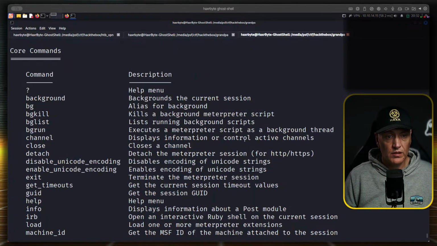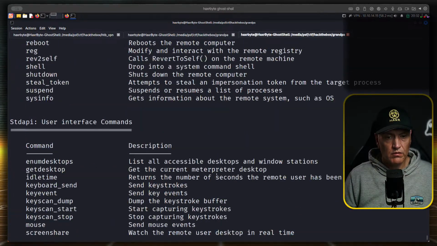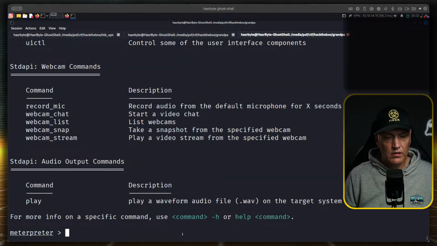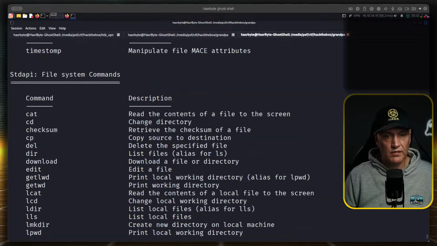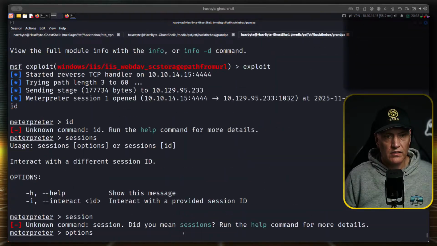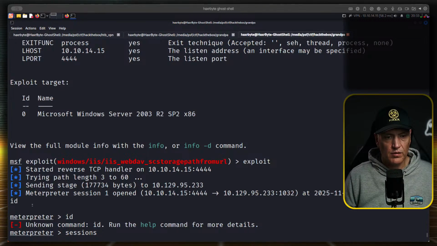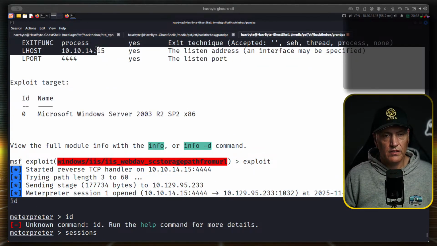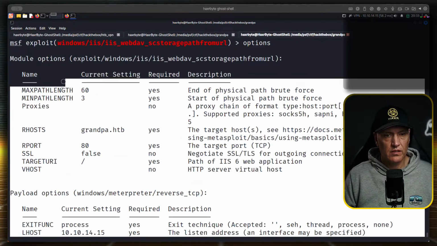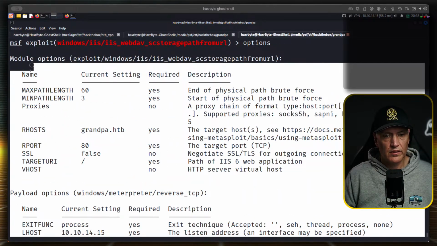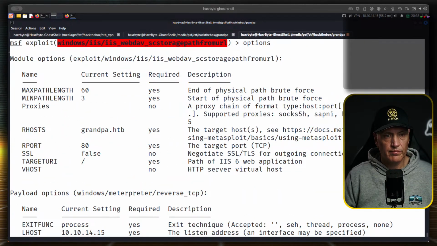So this is a Windows machine. We've got a Meterpreter session. We need to take this for our notes, guys. Got excited there, forgot about the notes. Let's do this. Copy this. Always need to take notes.